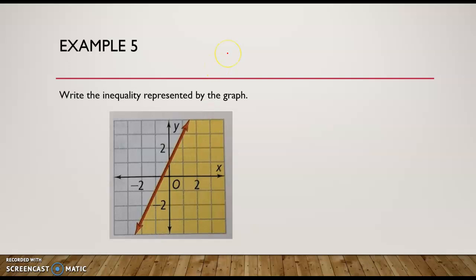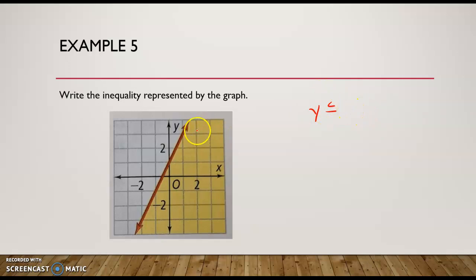So I know that much. I also know that we have shaded less than my line. How do I know it's less than and not greater than? Because we are technically what is below the line, not above the line. So I know that I'm working with a y is less than or equal to,